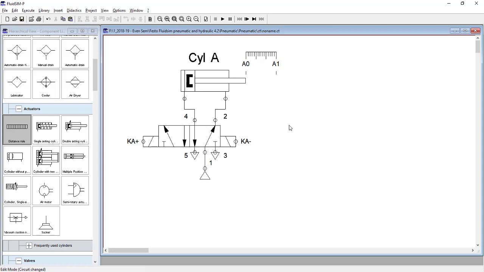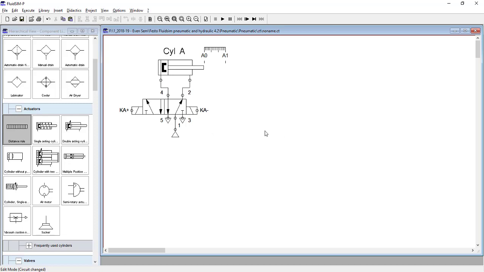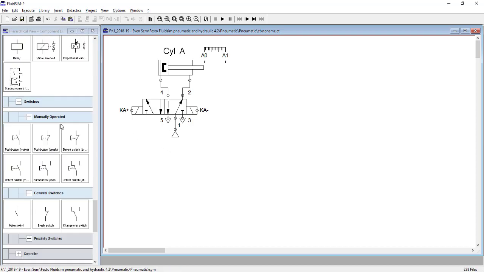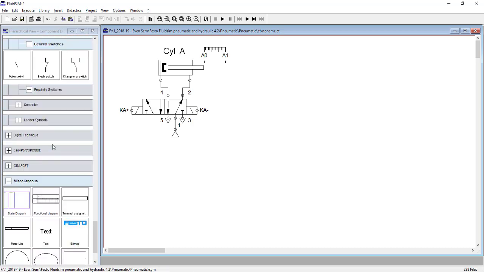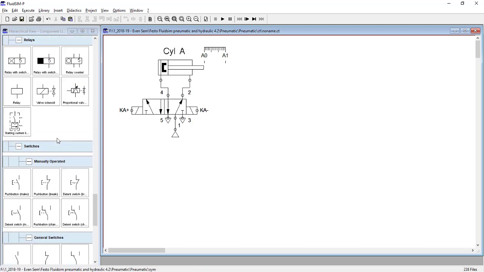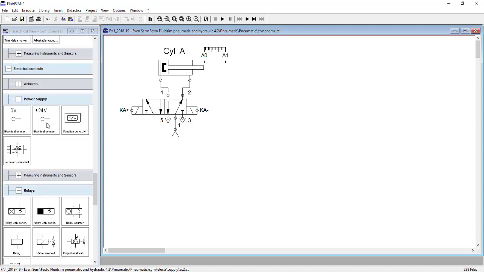Now that electrical circuit is in the form of a relay circuit. So what did I tell you? In a relay circuit, what is the first thing? The first thing is that you have positive voltage up and negative voltage below. So you have 24 volt at the top and 0 volt at the bottom, right?